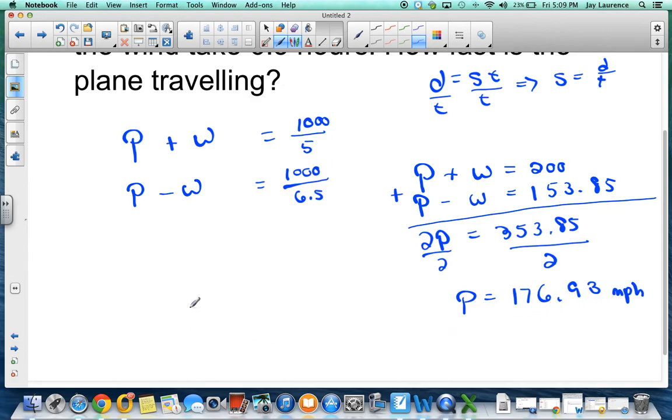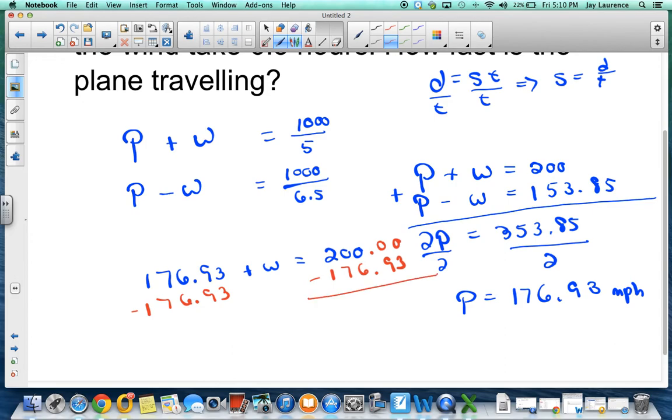Now to get the speed of the wind, I'm going to plug in 176 and 93 hundredths in for P, plus W is going to equal 200, and then I'm going to solve the one-step equation. So I'm going to subtract 176 and 93 hundredths, 176 and 93 hundredths. Okay? And so